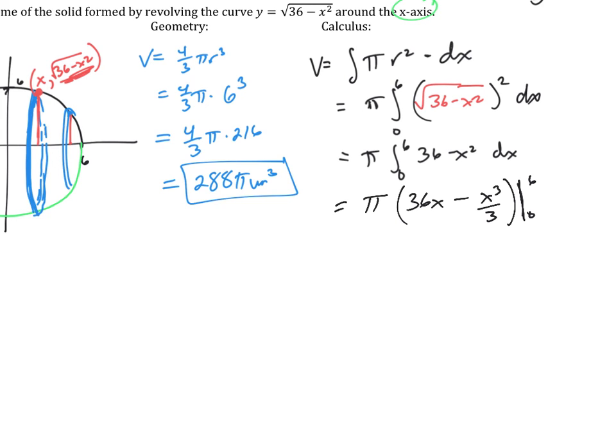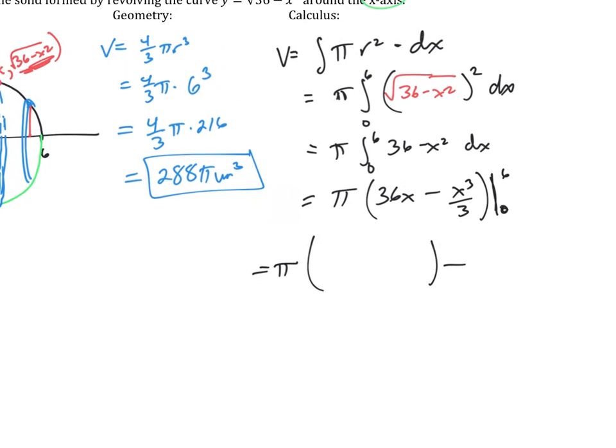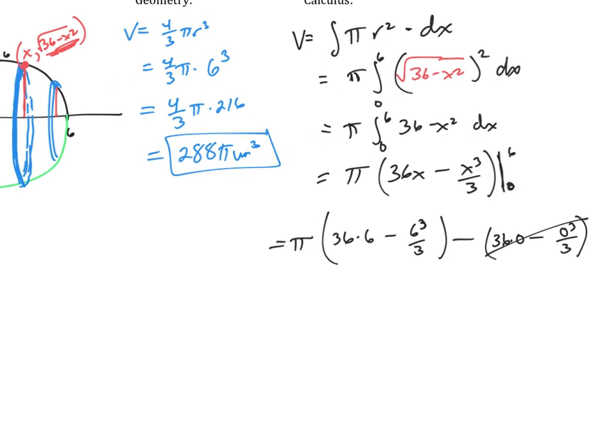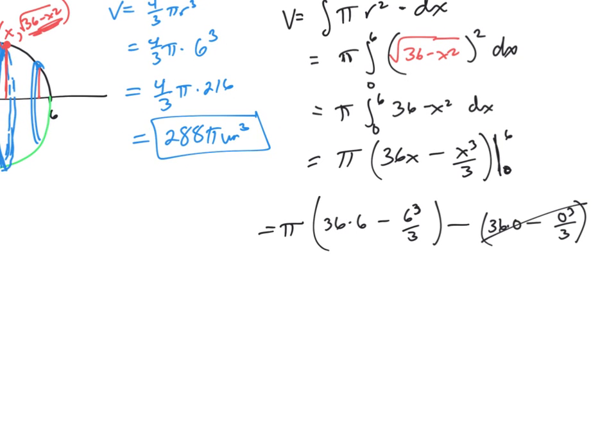So your choice, I'm going to keep the pi out front. And I think I'm going to need a little more room here. Although I guess the 0 is going to cancel out. So 36 times 6 minus 6 cubed over 3. And then minus 36 times 0 minus 0 cubed over 3. And that is going to go away because all of that becomes 0. 36 times 6, I'm getting 216 minus, I believe,